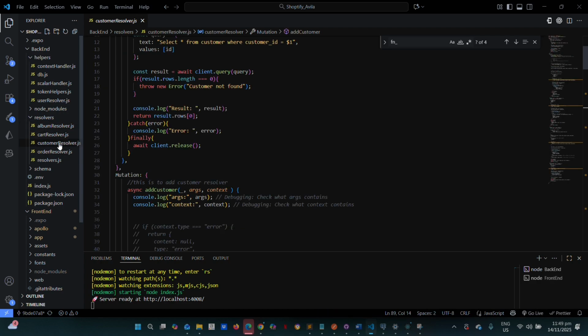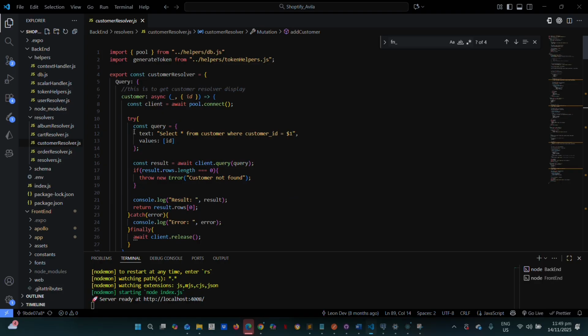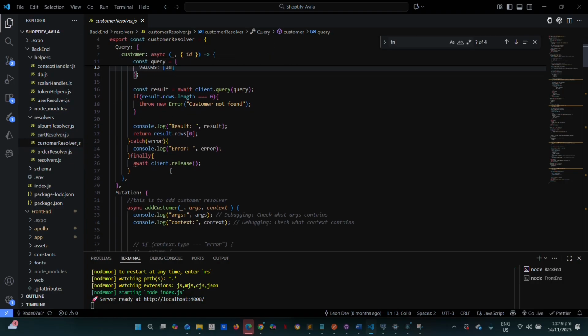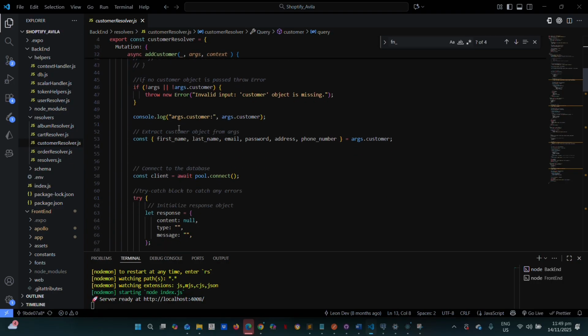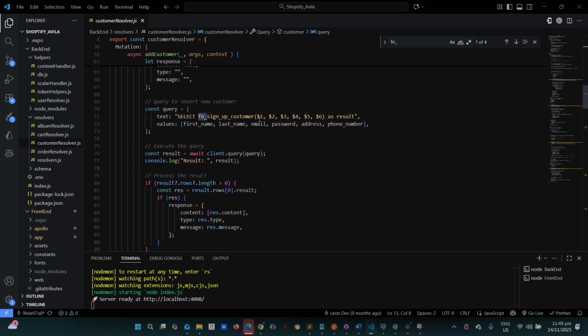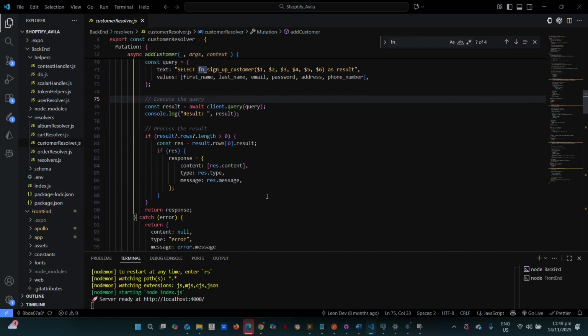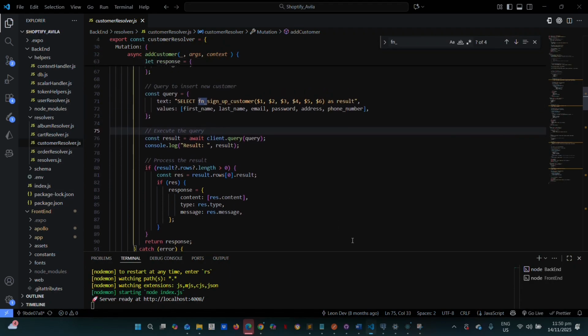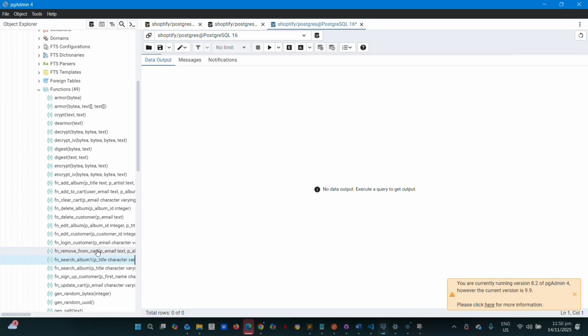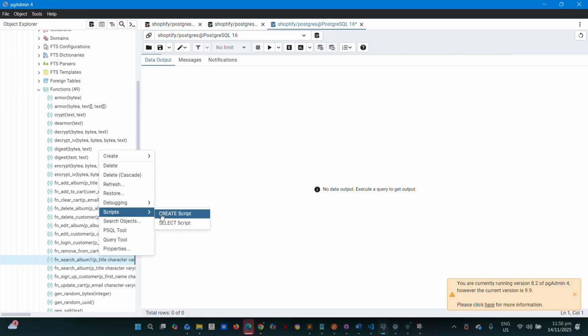So we also have cart here. It is just the same GraphQL, but I separated the name or the file so that it can be easily edited. And this is also linked with the Postgres function, so that the functions will not be coded here but in the function file, so that it will be more readable and more maintainable.